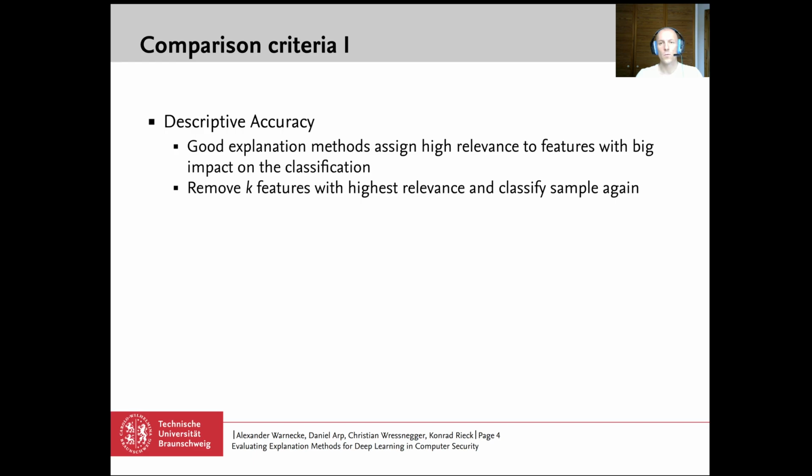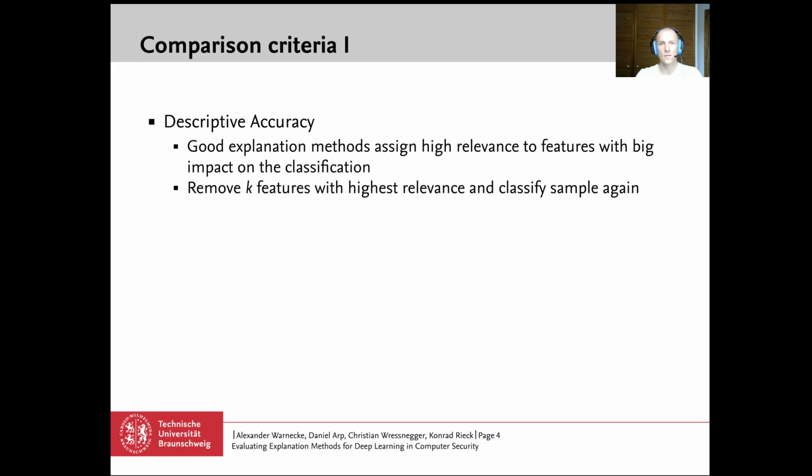Now I will guide you quickly through our criteria. The first one is descriptive accuracy and measures the impact of important features on the classification. Generally, a good explanation method assigns high relevance values only to features with big impact on the classification. To this end, we remove the k most important features from a sample and classify it again to see how